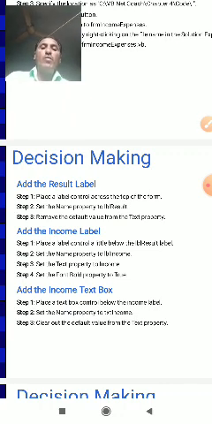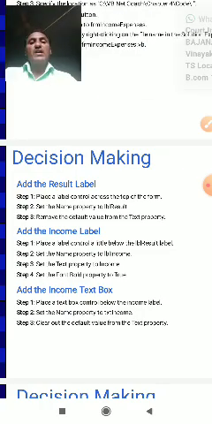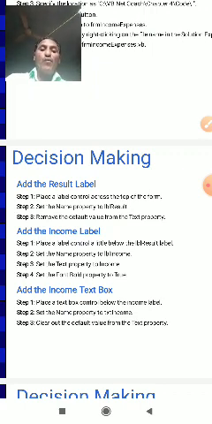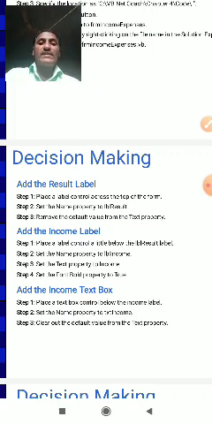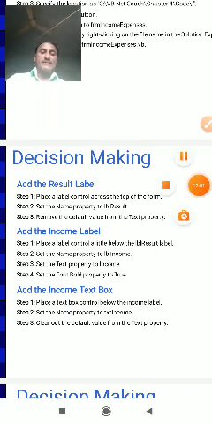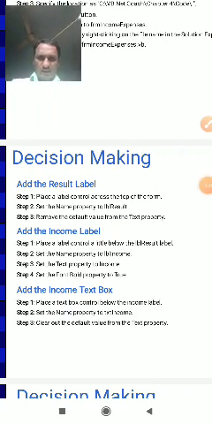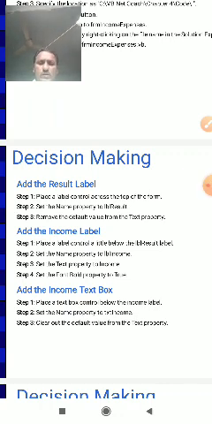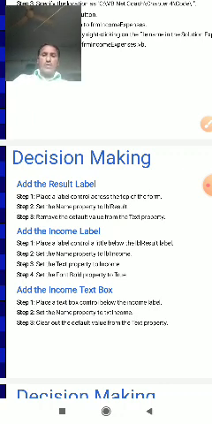Set the font bold property to true. Give the set of bold, italic, underline, and font size, so many types of font size, and then set those properties. Add a text box control below the income label, and set the name property to text income.